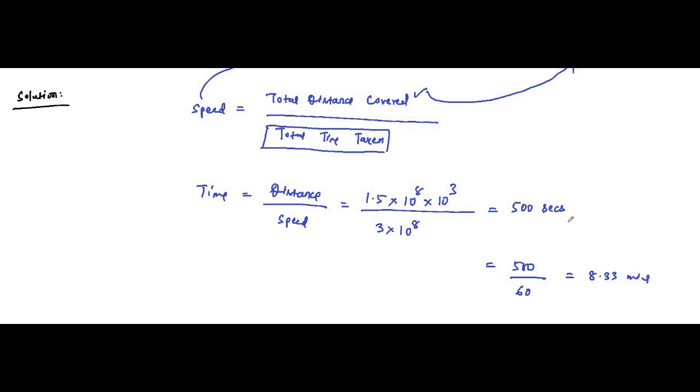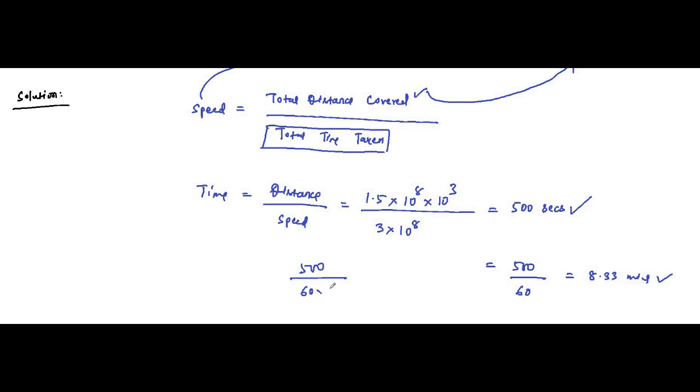That is the time. So if it is given in the question specifically to calculate the result in terms of seconds, this will be the answer. And if it has been given to express it in terms of minutes, this will be the answer. And if it has been further said to calculate it in terms of hours, then it will be 500 divided by 60